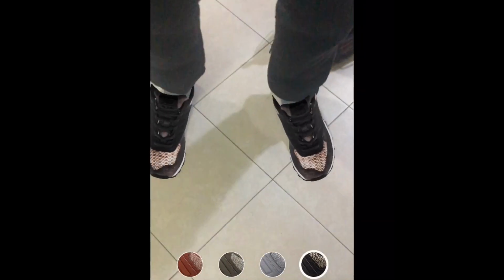Now, as you can see, this resembles the way you actually check out shoes in the store, right? You're going to wear them, you're going to walk in front of the mirror, or maybe just look down and see how it looks on you, and maybe with the certain clothing you are wearing. Of course, you can ask someone to take a photo of you with it, and here someone takes a video. I'm just checking out the tracking, so I'm jumping and moving my legs, and you can see the tracking